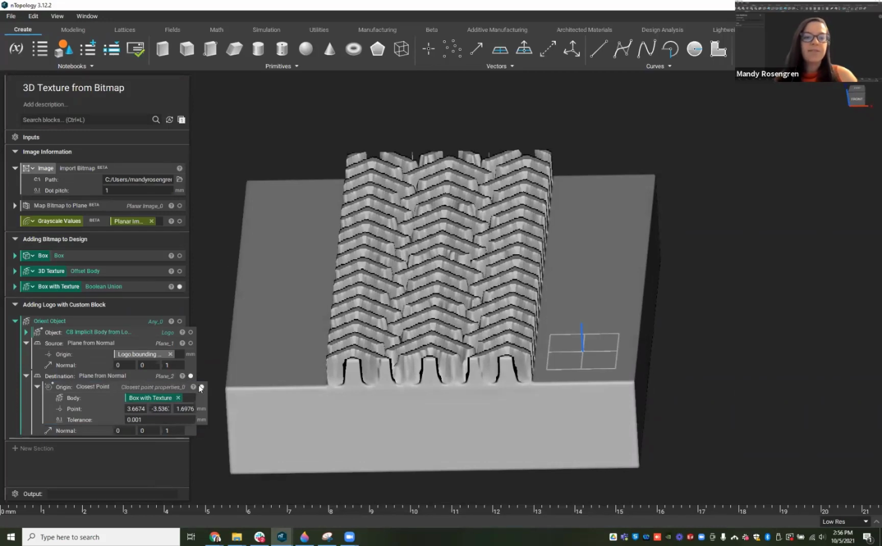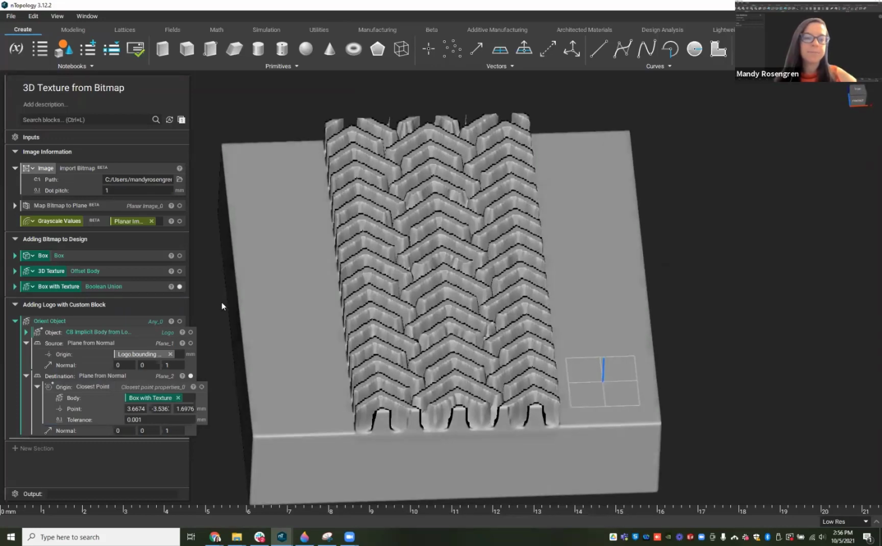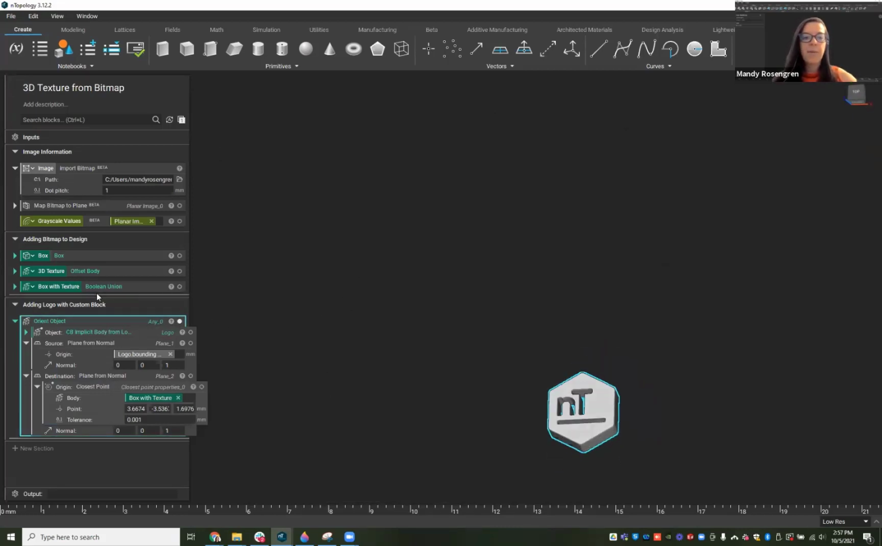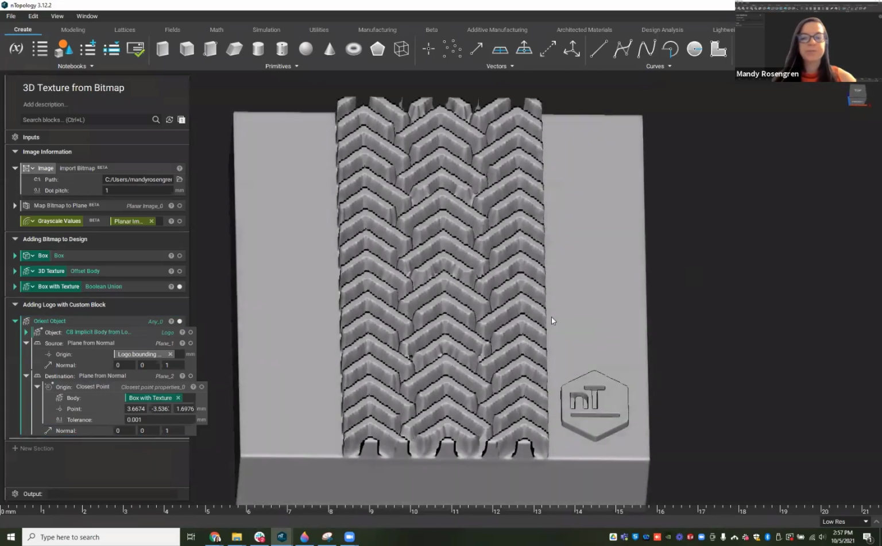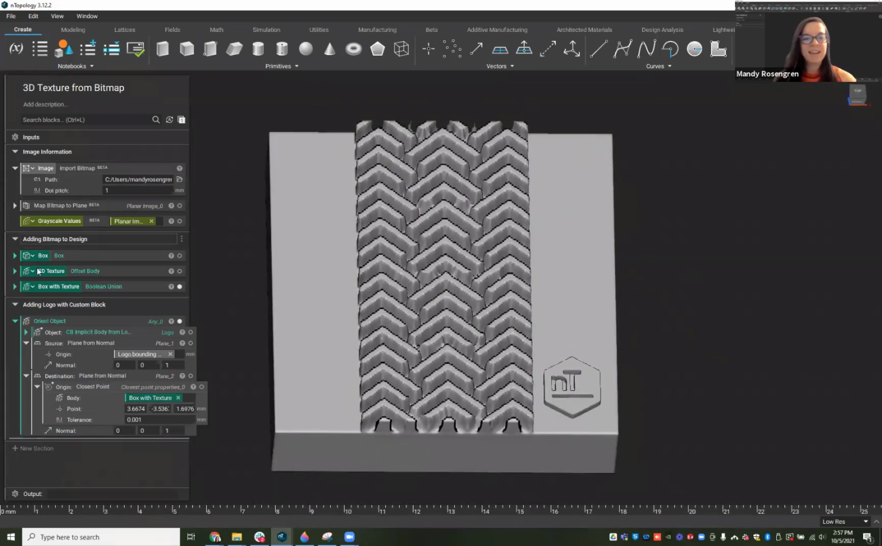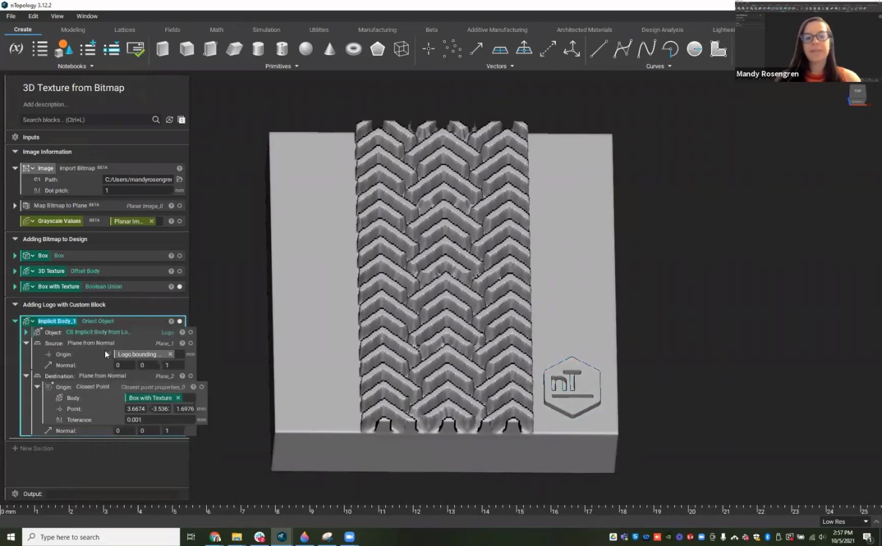If we look at that plane from normal, which we don't have to change that normal since this is a flat surface, we have that pointing up, and it just oriented our logo from where it was originally to that location. So now we have this logo where we want it to go. The last step that we would do is then union these all together. So I'll make this a variable and label this